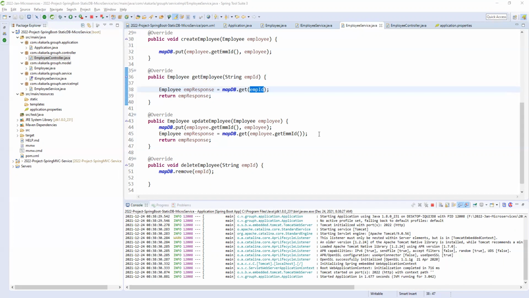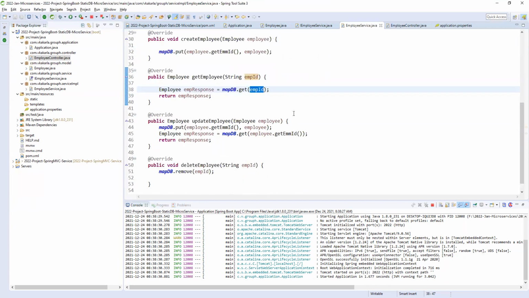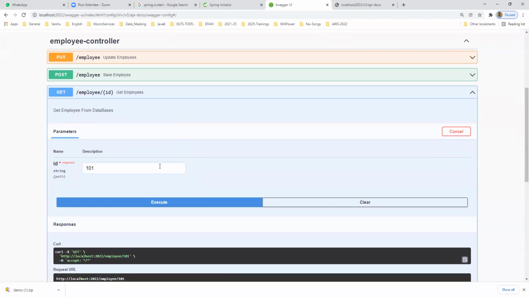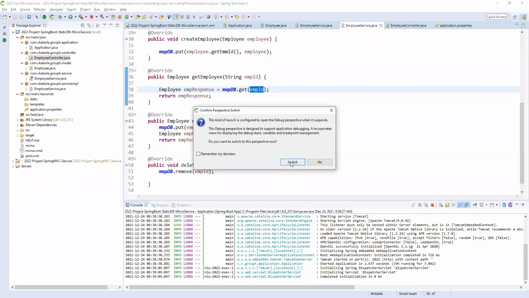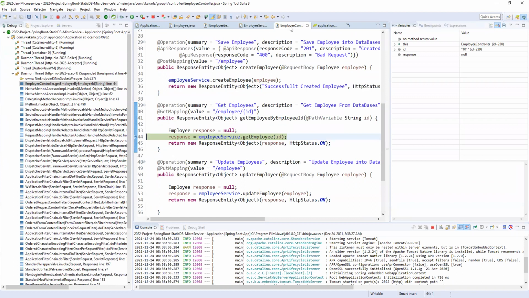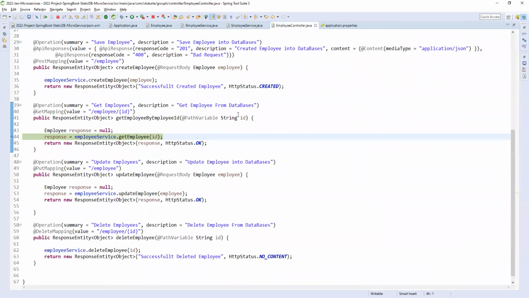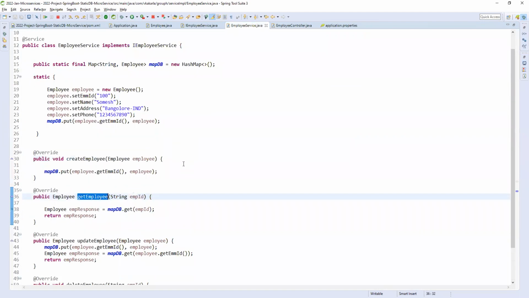Let me check why we are not getting it. It is running in debug mode. So I am executing this and coming here. Whatever we are passing, 101, it is coming.